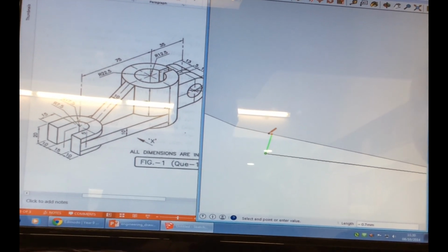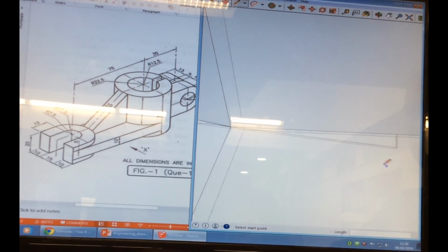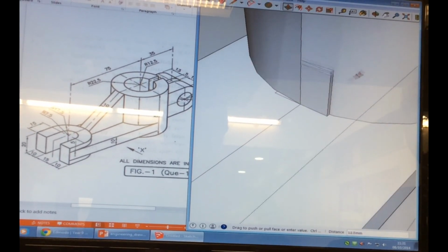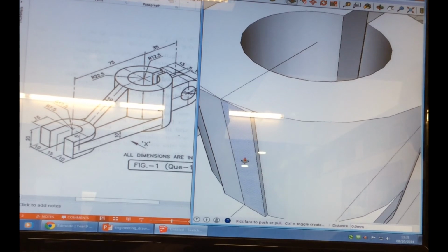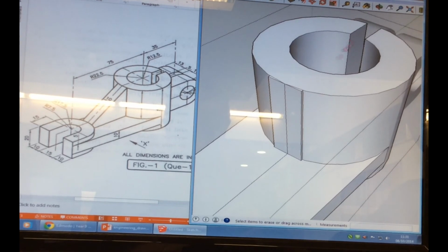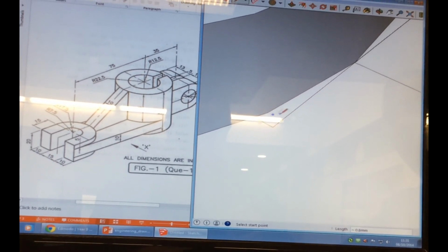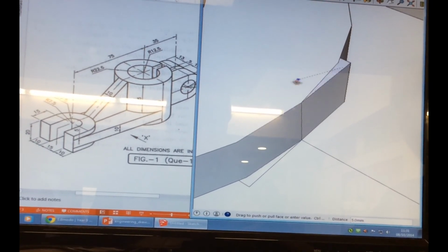I'm going to go back in the green till I touch that. Come over, back in the green. Zooming out. I have to zoom back in again actually. Click and drag up to this face, and I can just double click on that one, it'll remember how high I wanted it. And while I remember, I'm going to get rid of these. Flick back around to the other side, same again. Back in the green, back in the green, push pull, lift it up,